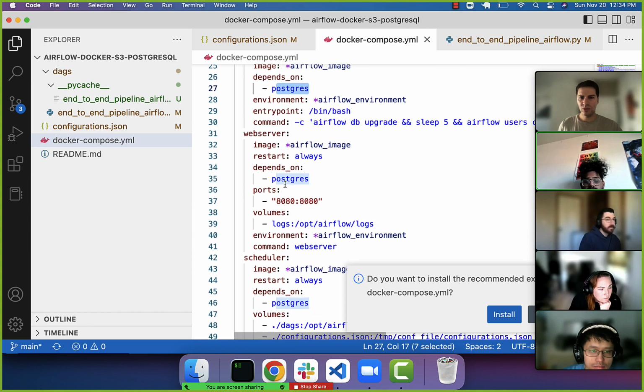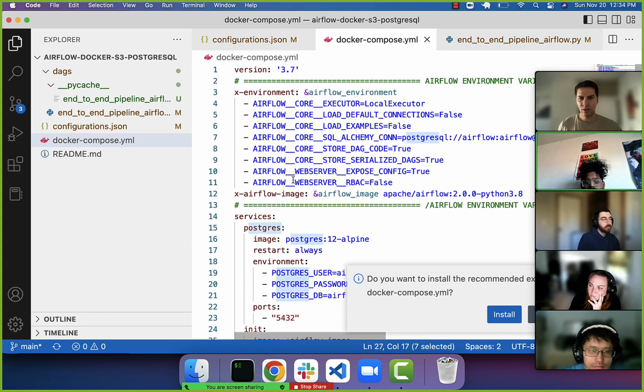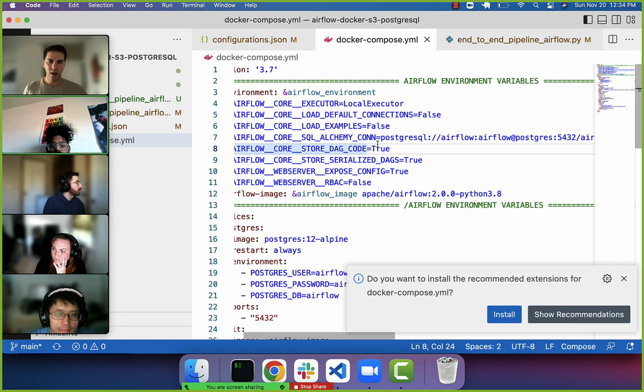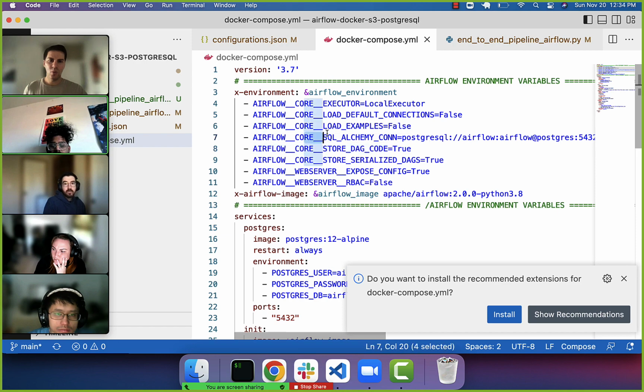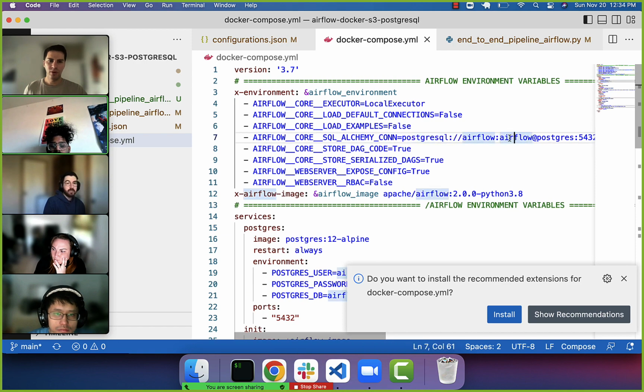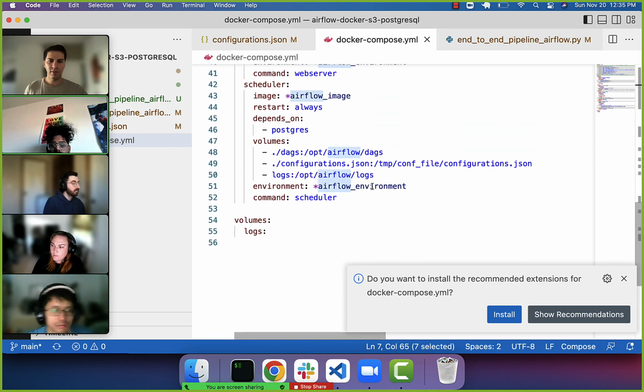Again, the volumes, the logs. There's one other thing. Okay, this stuff is kind of valuable. We can see where we can connect to our Postgres database from, right? At PostgreSQL, Airflow, right? This is the user and password. Then from there,